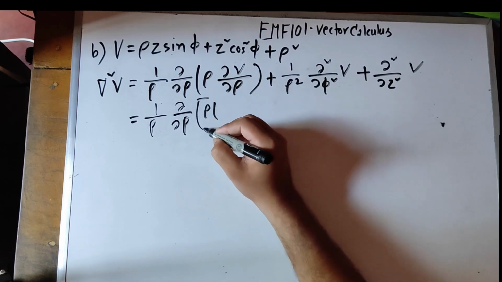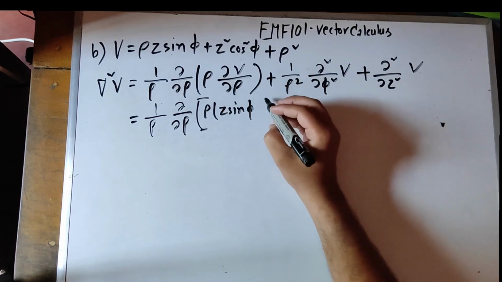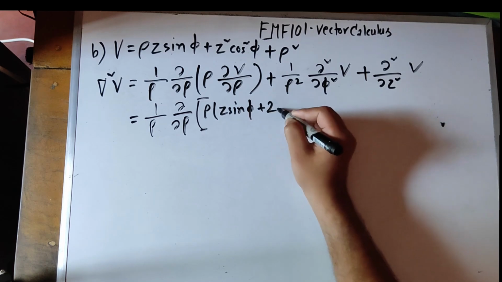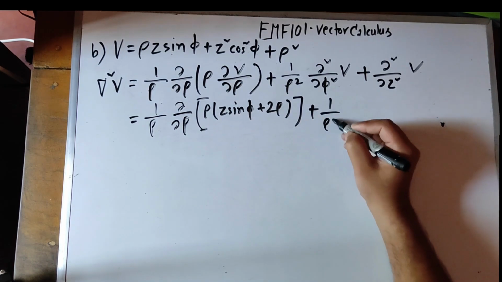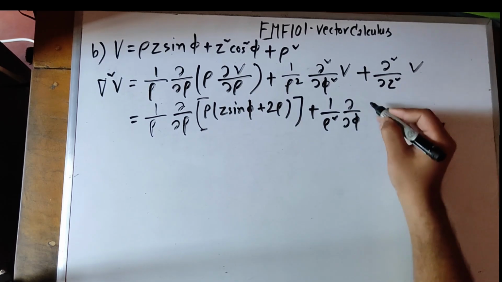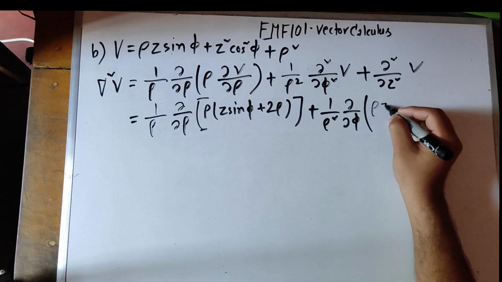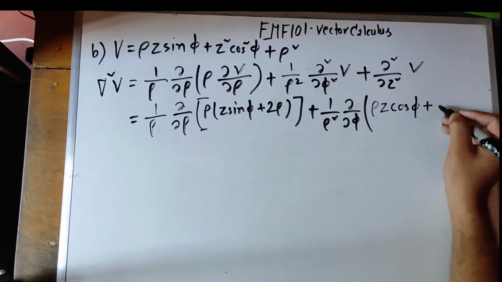So rho z sine phi, this is 0, plus 2 rho, this is 1, and 1 by rho square, so sine phi rho z cos phi plus,